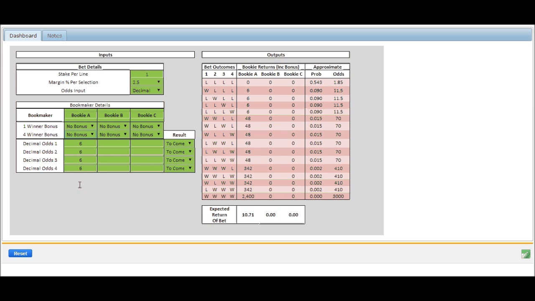So let's start to do a little comparison of 2 different bookmakers. This one we'll leave here as the 4 5-to-1 shots, but suppose we now put in slightly better odds. So I'll put 6.5 here, I'll put 7, I'll put 6.5, and maybe this one's the same, 6. With no bonus, if you look here, clearly this second one is better. It's got a better return